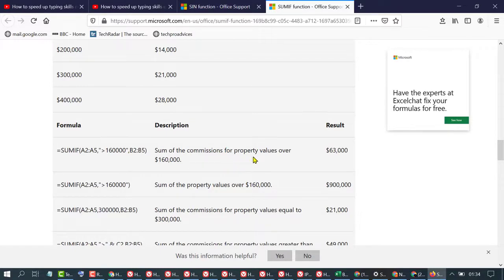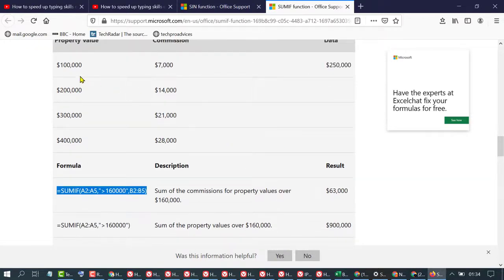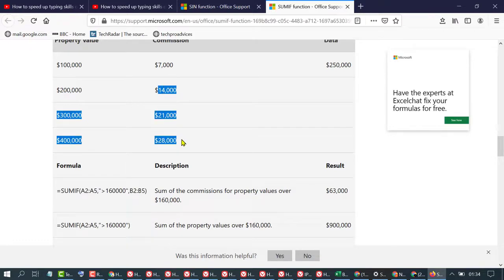Sum of the commissions for property value over 160. So you need to type this formula. The result will be here. So it will not count this first one. It will count from here. So if you add this amount like 40, 21 and 28,